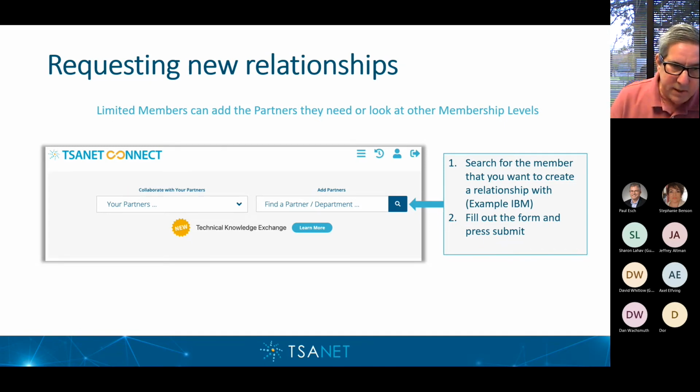So if you need to establish a relationship with another company, I invite you to go into this landing page. It's going to submit a request to us. We'll take a look at it, see where this company is, perhaps connect the two of you together, and set up that relationship. It can be very easy to do. You've already agreed to the code of conduct, and all the legal framework is in place. So again, I invite you to come in, take a look at the partners you need to collaborate with the most, and look at TSANet as the platform for you to do that.